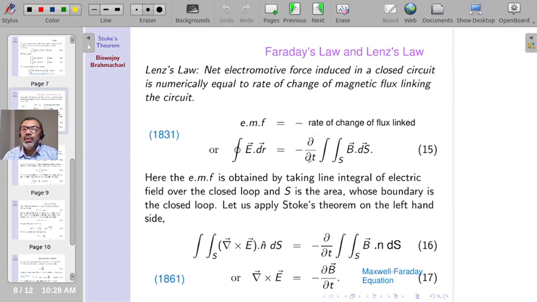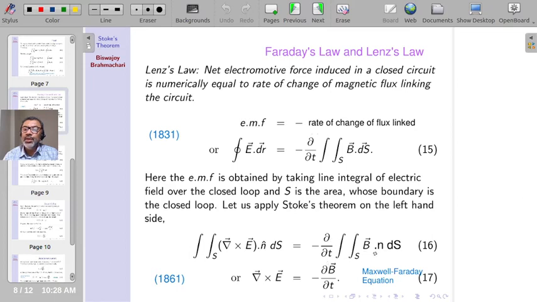See, here we have a change in flux, this is flux, and this time derivative gives a change in flux, but this minus sign indicates that the EMF which is developed here will oppose the change in flux here. Okay, so we can easily use the Stokes theorem here. ∮E·dr becomes the surface integral of curl of E · n ds, and the right hand side is here, this is minus ∂/∂t